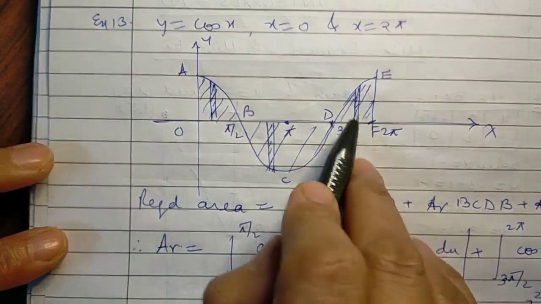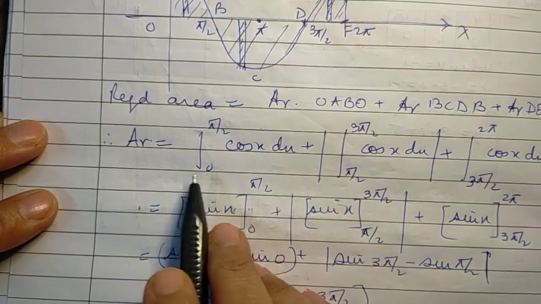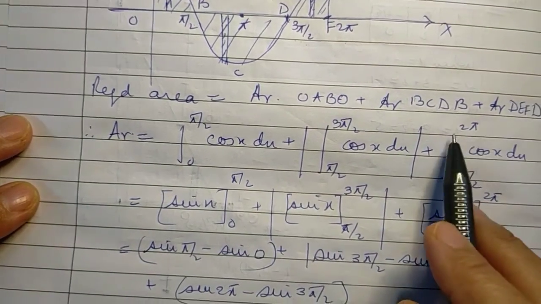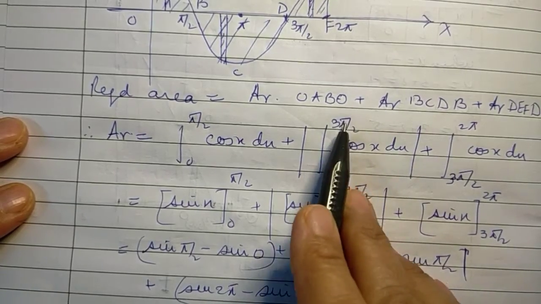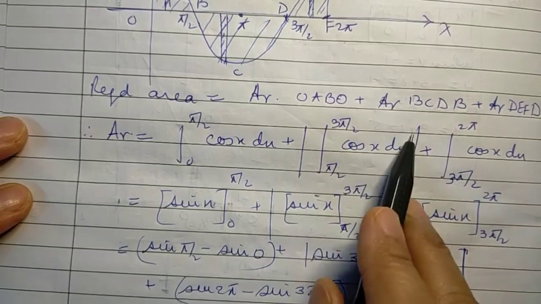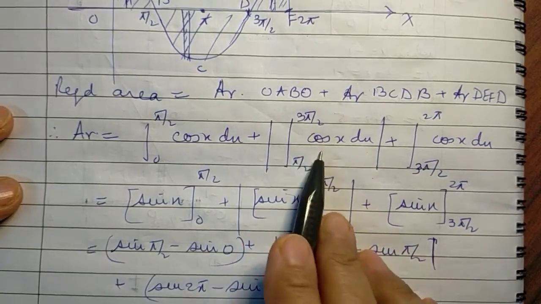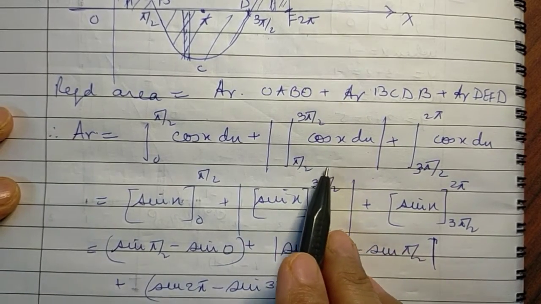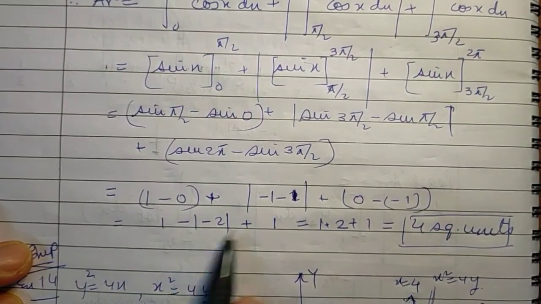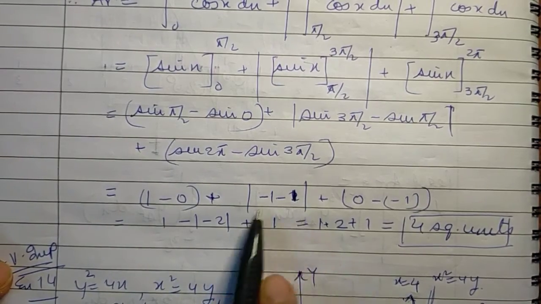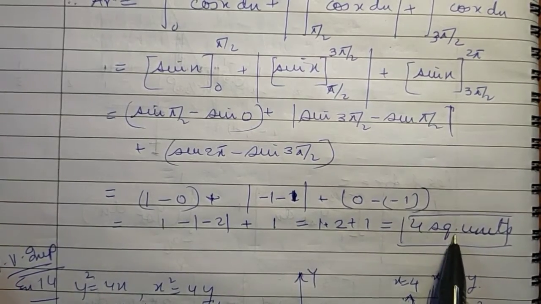In the first and the third areas, we simply write the area enclosed between the curve y equal to cos x dx from 0 to pi/2 and from 3pi/2 to 2 pi. But in the second area, after writing the integral from pi/2 to 3pi/2 of cos x dx, we also have to take the modulus, because otherwise the area for this region will come out to be negative, which is not allowed. Whatever negative area comes out, like here it comes out to be -2, whose modulus is taken to make it 2. The rest are 1 each, so we get 1 plus 2 plus 1, which is 4 square units.